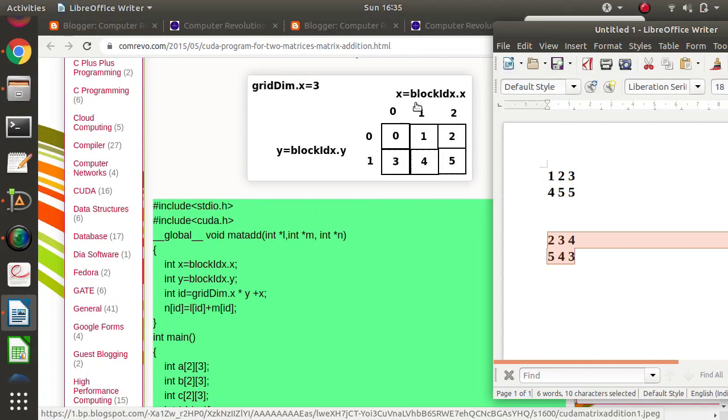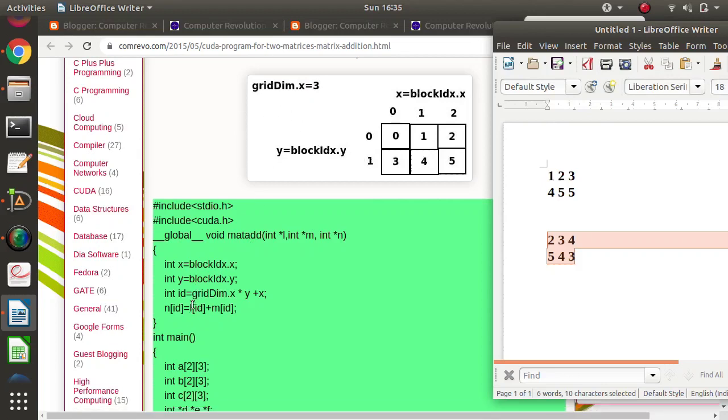For each thread, block id dot x will have some value and block id dot y will have some value. We have to calculate these indices: 0, 1, 2, 3, 4, 5. For that purpose we are using block idx dot x and block idx dot y.